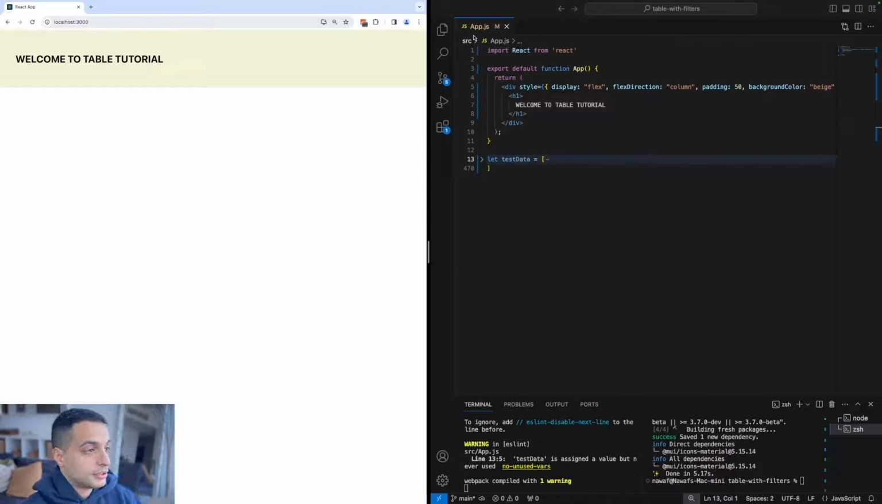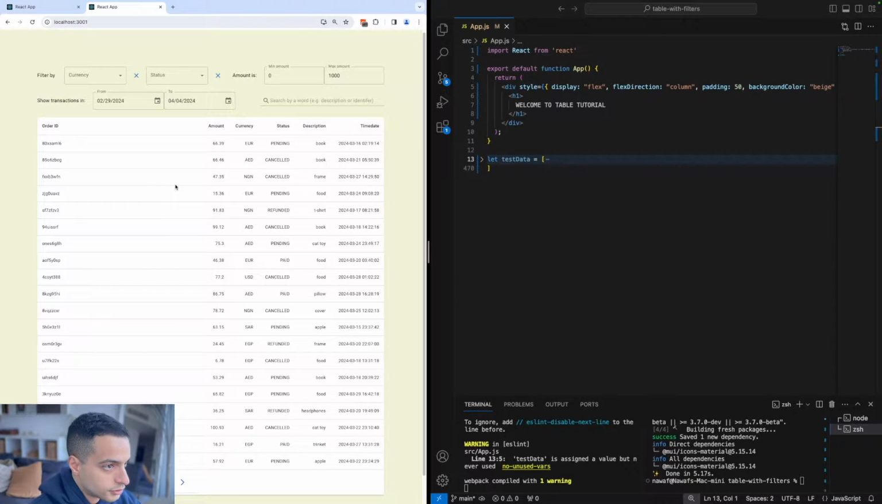In this tutorial, I'm going to show you how to create a data table. This is the end result of what we're trying to achieve. This is a table displaying some sample fake transactions, and you can filter by category, like for example the currency,